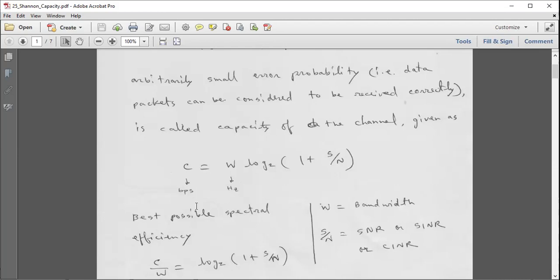Anyway, things may look complex at this stage, but the bottom line is the practical data rate is something below this level given by Shannon's capacity C. Okay, so you have some data rate in BPS which is lower than C. C is your maximum data rate,